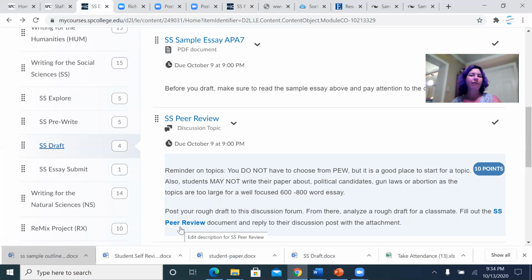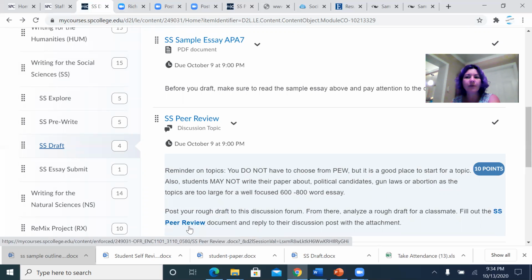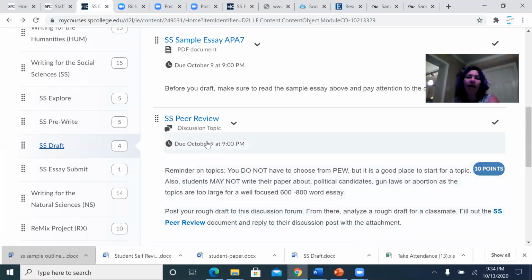And the idea is that if we think critically about someone else's work, we will then be able to come back and reflect on our own work with a little bit more emphasis on the objective. So please make sure that in posting, you also respond to a peer, and respond to a peer that has not already had a response provided. This should have been completed by October 9th.